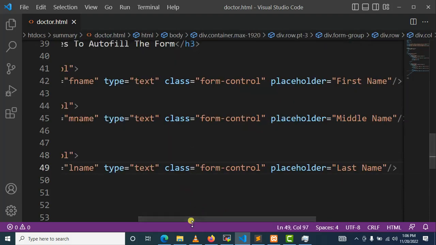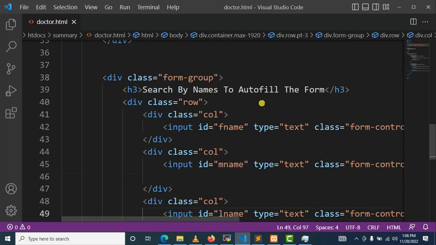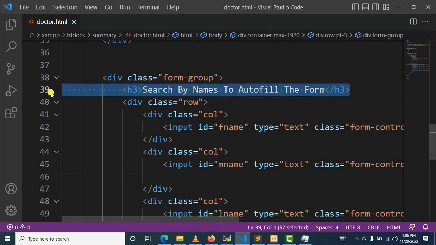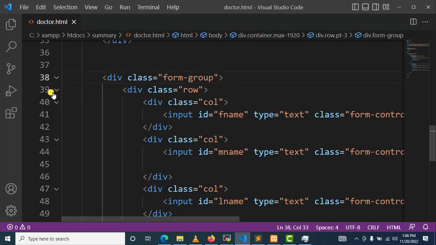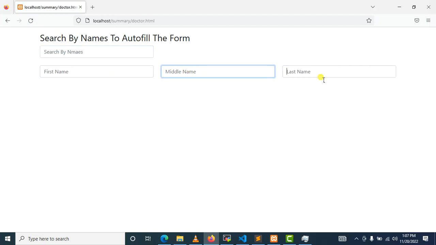Perfect. Then after, what we actually need to do is to remove this. And I would like to put margin top equal to 4. Let's check out how our form looks. You can see here there is a first name, a middle name, and a last name. So after that, we need another column. Okay, we need another row, not column,